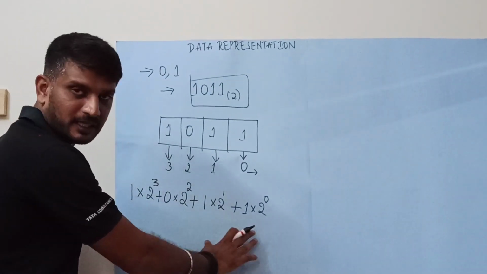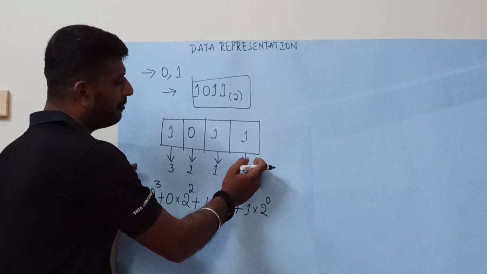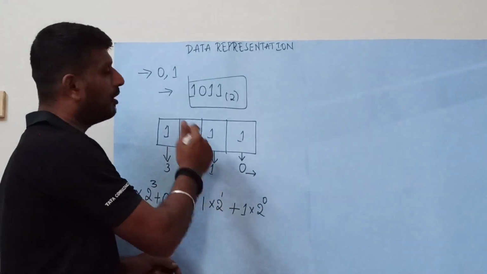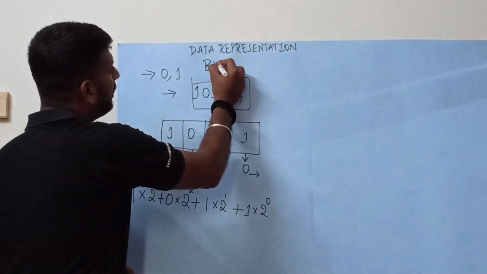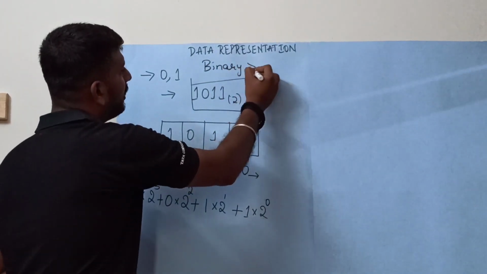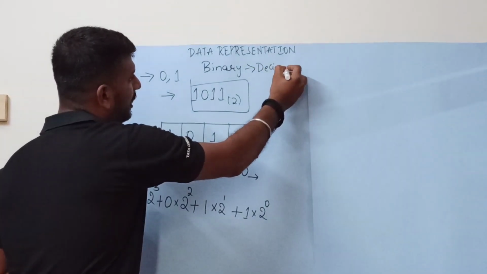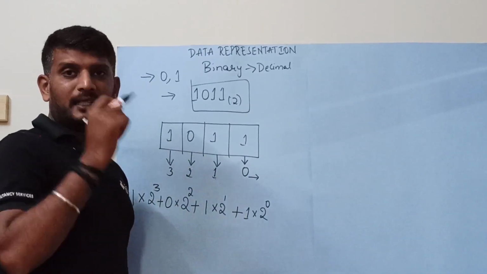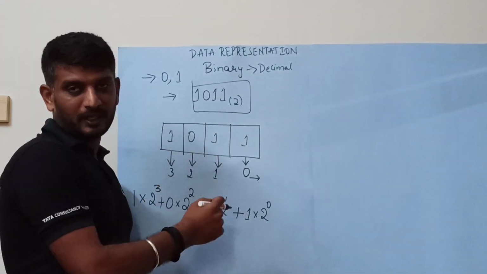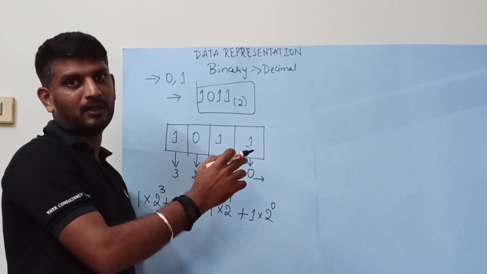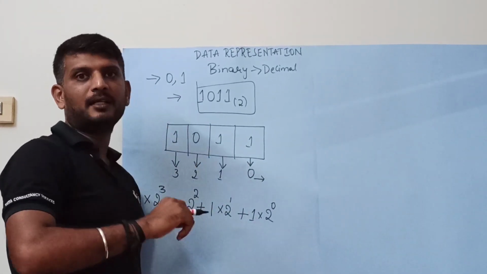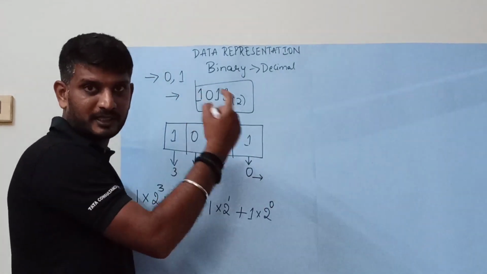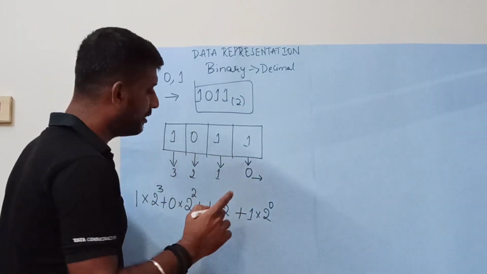Okay, so this is the first step you have to follow. Firstly, you have to make note of the powers, and then you have to keep on multiplying with 2, because you are converting from binary to decimal. Now the next thing you have to remember is that any number apart from 0, let it be 100, 1000, 10,000, 5000, anything, to the power of 0 will be equal to 1. That is the first thing you have to remember.